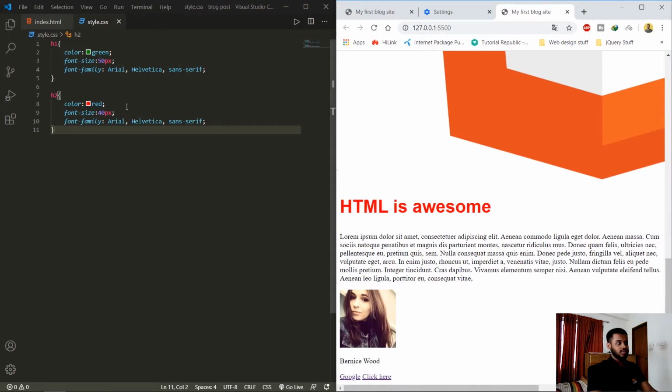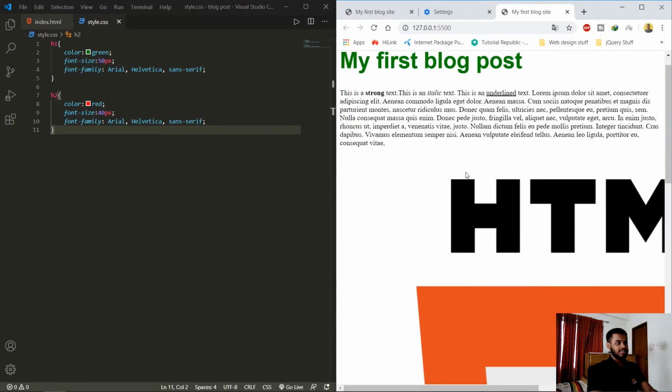Now what if I wanted the h1 and h2 to be the same? So what you can do is you can combine them. So go back to h1 and click comma, and then type in h2. Now what this will do is it will use the same elements, it will use the same CSS for h1 as well as h2. Now if you click save,